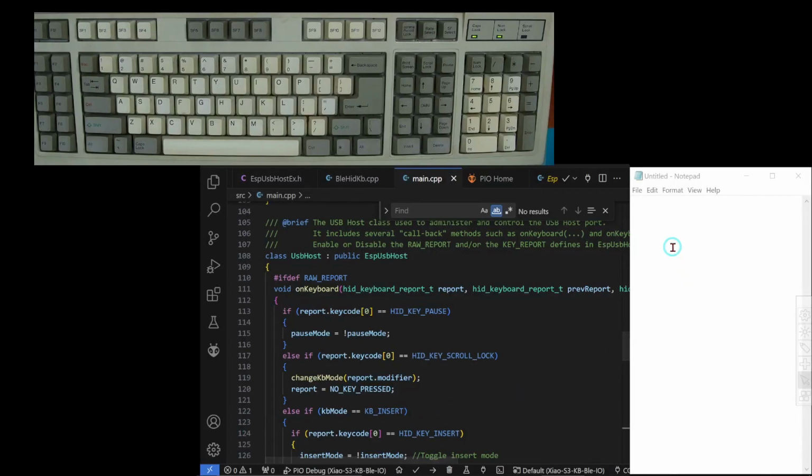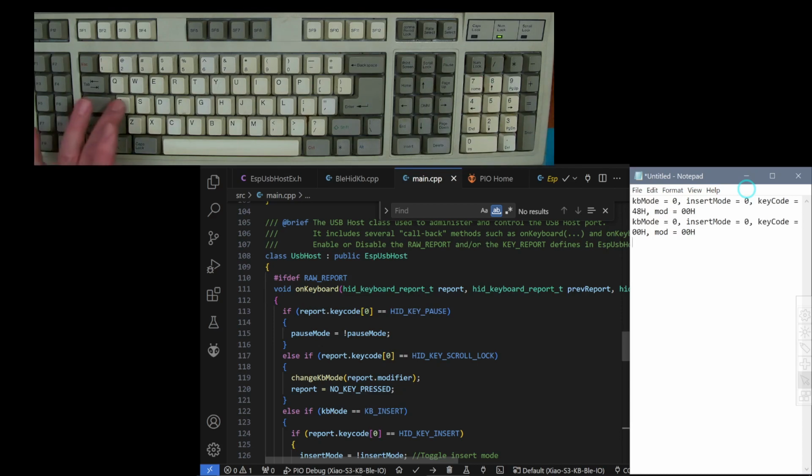Alright, so let's try it out. The first thing we see over here is pause mode, so we might as well try that out first. Put the cursor in Notepad over here, and I'm going to turn caps lock off because that's still on, and I'm going to hit pause, and you'll see we get debug information. So that's the pause key, 48 hex. If I hit another key like A,